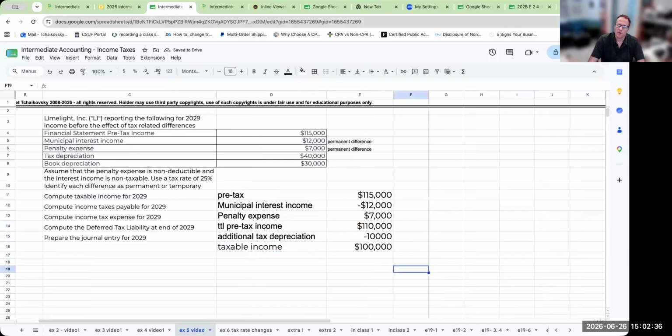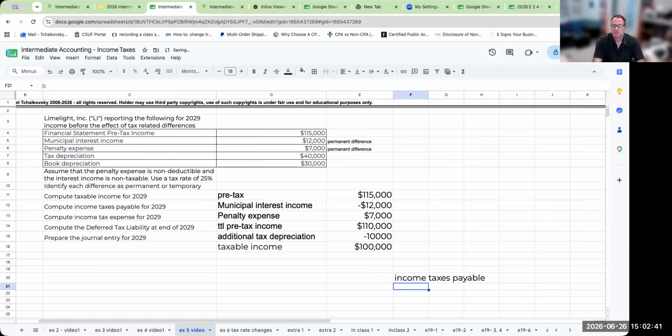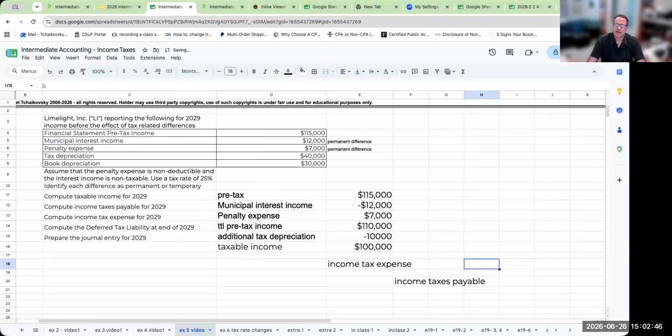Okay. So when we go ahead and look at this, we're going to have income taxes payable, and we're going to have income tax expense. The income tax expense in this case is going to be based on 110,000 times 25%. The income taxes payable is going to be based on 100,000 times 25%. And what is the difference? Well, the difference is this additional tax depreciation, or my deferred